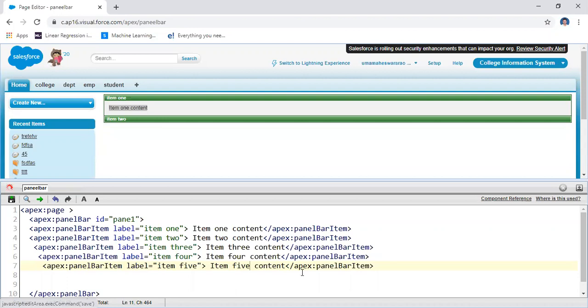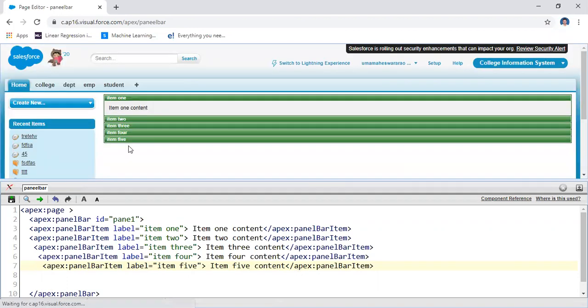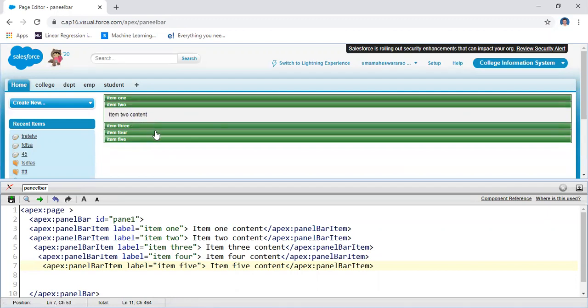If you execute, I created 5 different items here. If you click on item 1, item 2 closes, as well as the remaining items 3, 4, 5. In this way, you will create the panel bar and panel bar item.